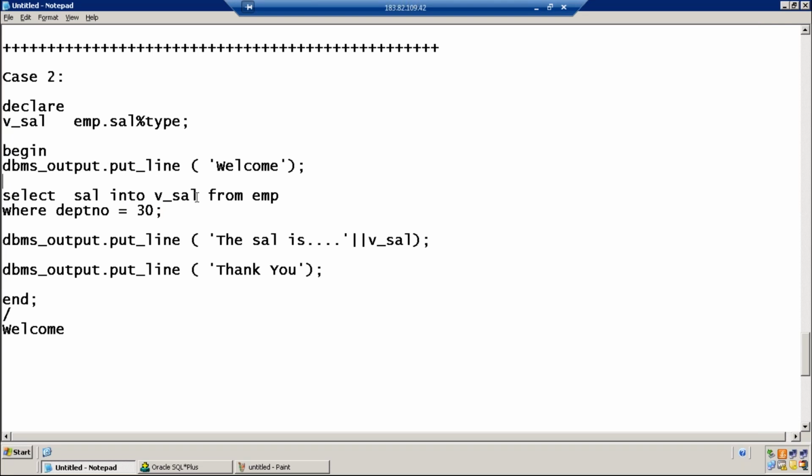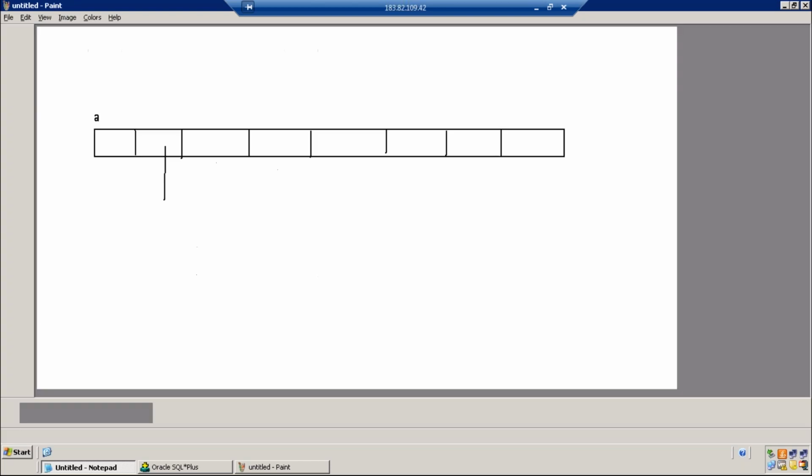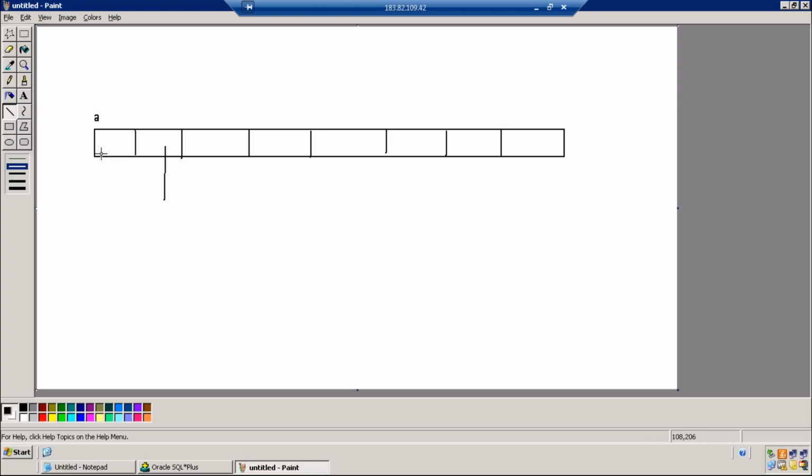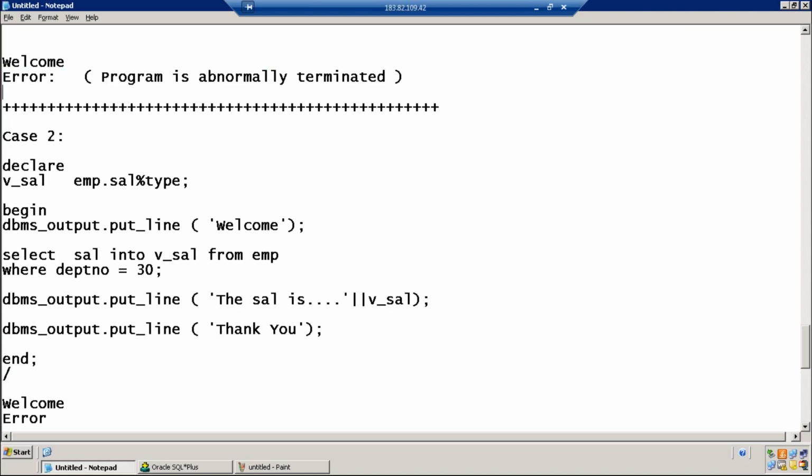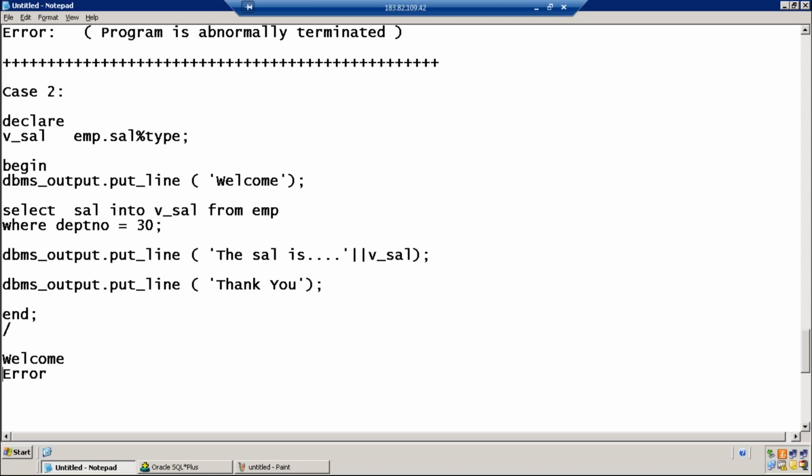Then you would use row type. Row type will store only one row of multiple columns, but here the case is different. Are you understanding? Yes. 6 salaries, and row type will store one row only, so row type is not the solution. So welcome, and then you get an error. Same case: the program is terminated abnormally. Okay, look at the output.